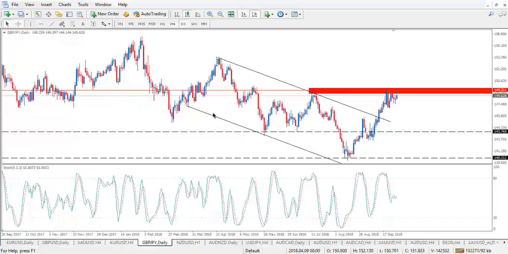Let's move to the GBP JPY on the daily time frame. As we can see here that the pair is traded below a strong resistance level, that is 149.32. Actually, if the pair shows up some bearish evidence below this level, we can go short targeting the level of 145 during this week, conditioned by the continuation of trading below the level of